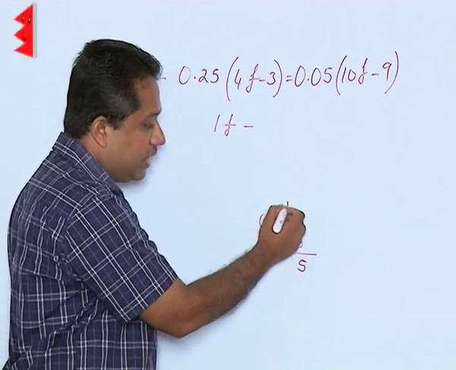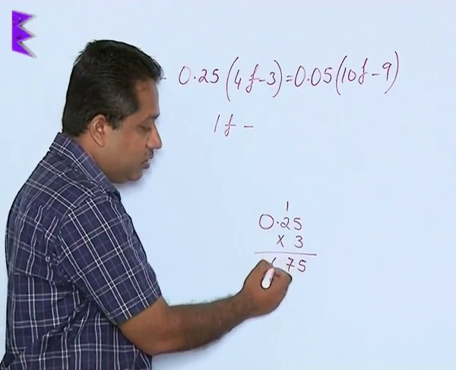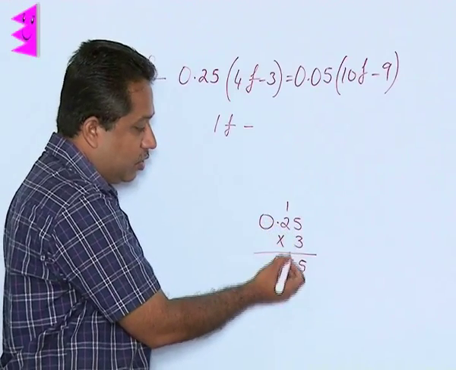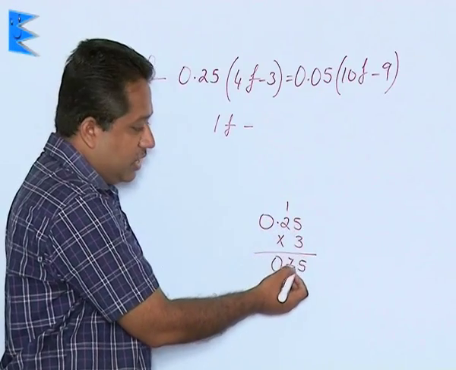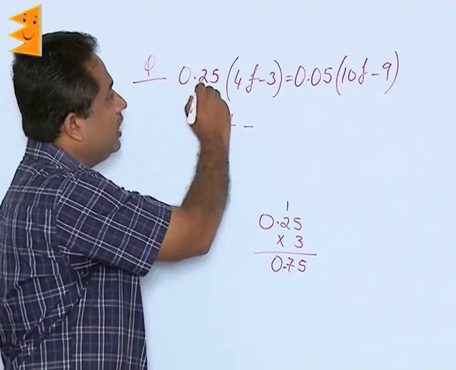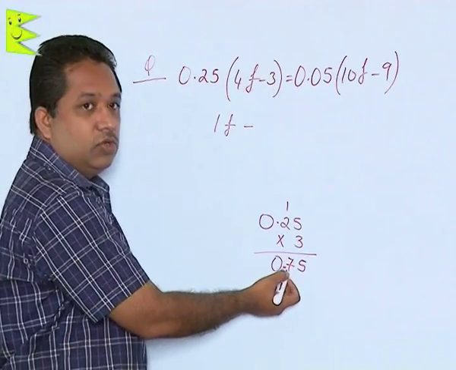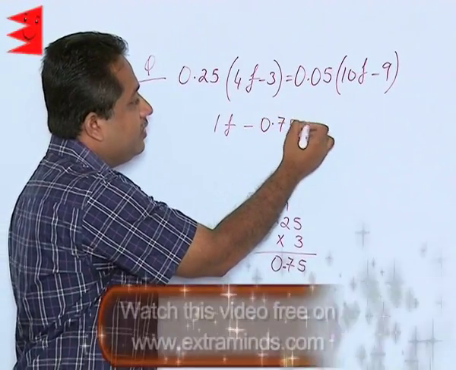So, 5 and 1 carry over, 3 2s are 6, plus 1 is 7, 3 zeros are 0. Now, this decimal has to be placed here, because we find that there are two values after the decimal. So, in the answer also there have to be two values after the decimal. So, here 0.25 into 3, the calculation is shown here, will be 0.75, is equal to